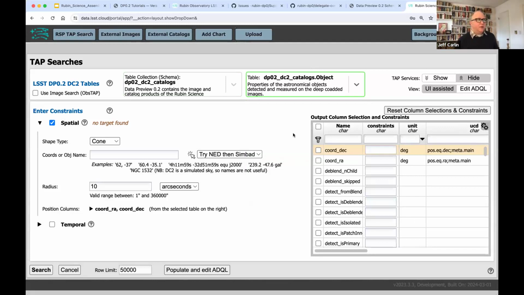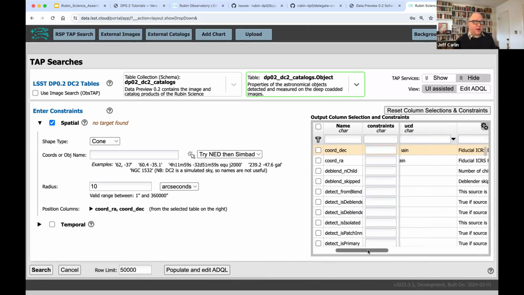And you can see when you select one of those, this box with the options to select different columns for your query appears. And one nice thing about this is it acts kind of like the schema browser that I showed you a minute ago, where if you say, okay, what does this column mean?